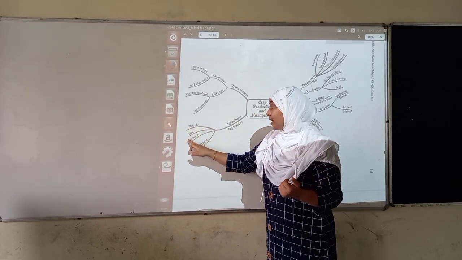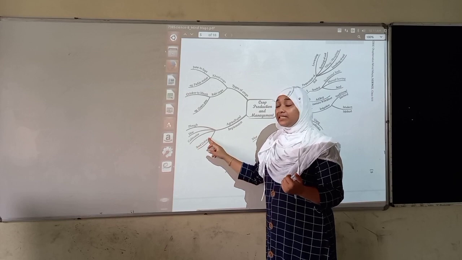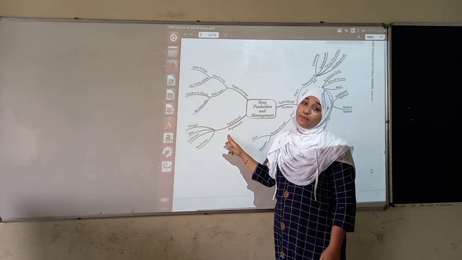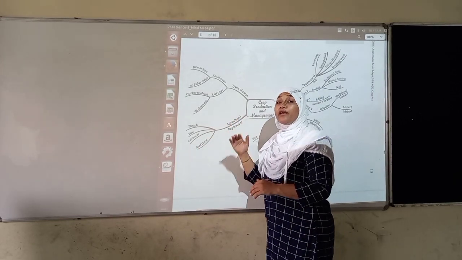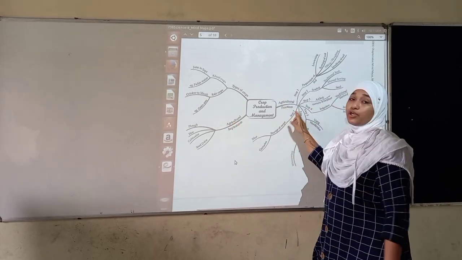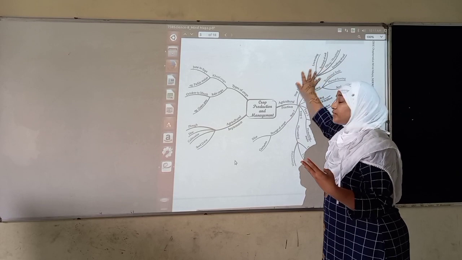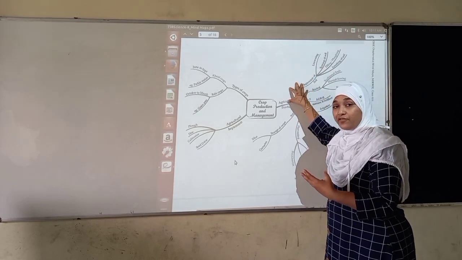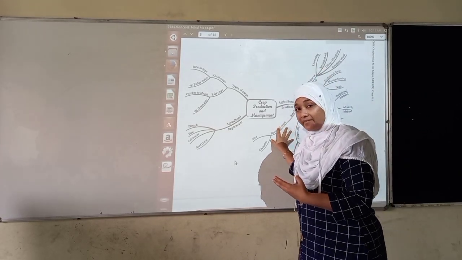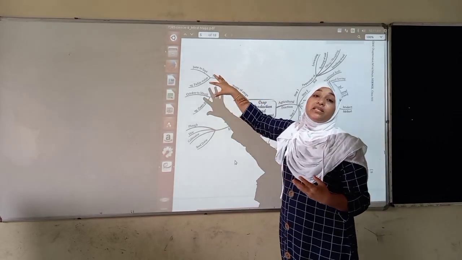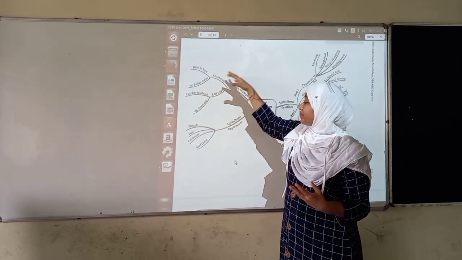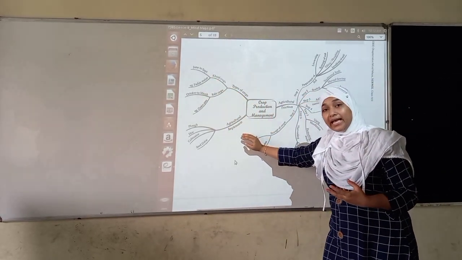So plow, hoe, cultivator and seed drill are the agricultural implements, the tools used in agricultural practices. So these are the three main parts of this chapter. The first is agricultural practices, in which you have to remember all the 7 steps. The second is the different types of crops that are available, and the next one is agricultural